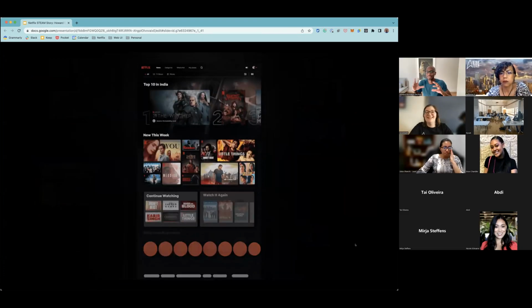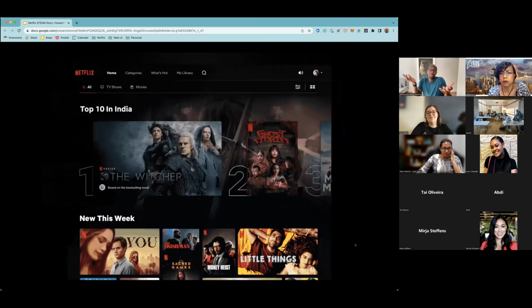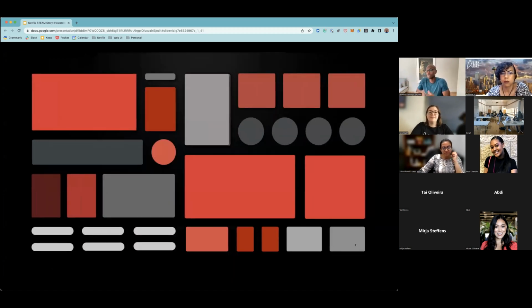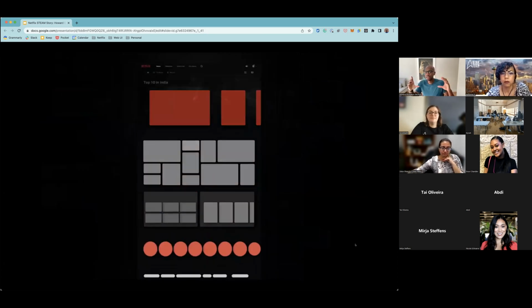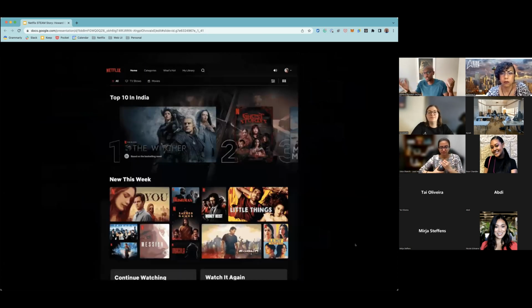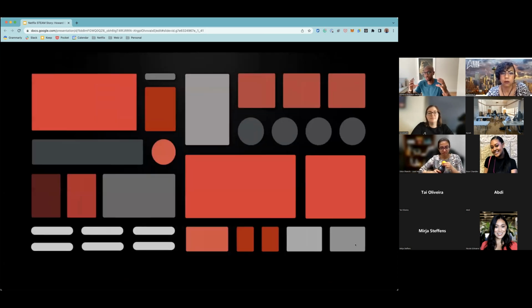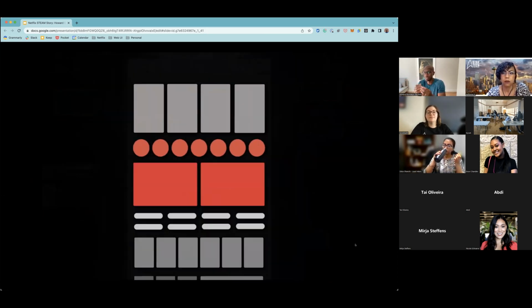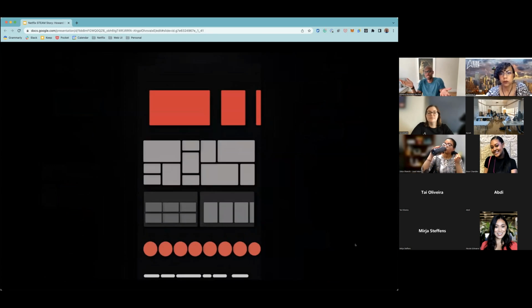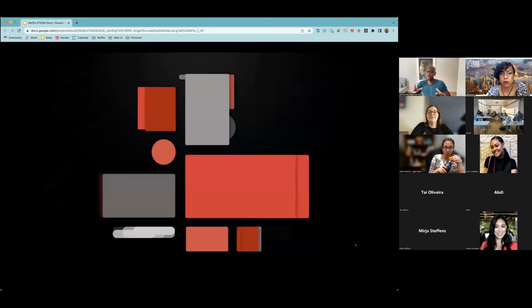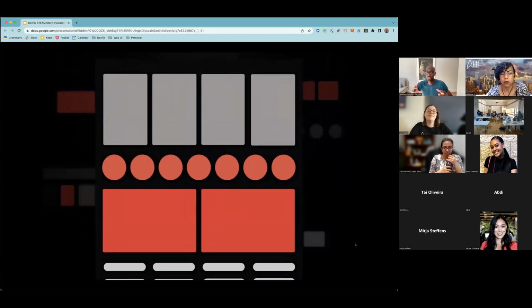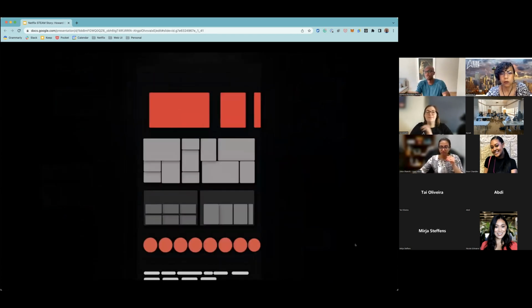And not only the titles we recommend, but how we present those titles. Maybe you like big images or small images. Maybe you like long descriptions in text form to tell you what the movie's about before you watch it. Maybe you don't like that at all and you like badges. Maybe you like circles or squares. All these things we can create software to predict so that you have the most optimal